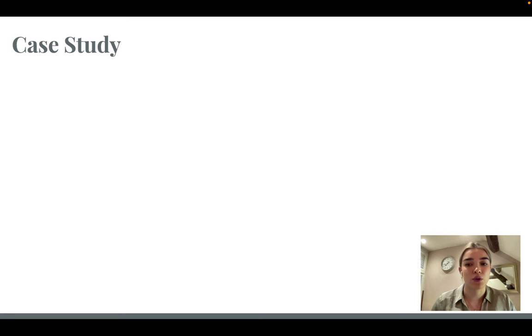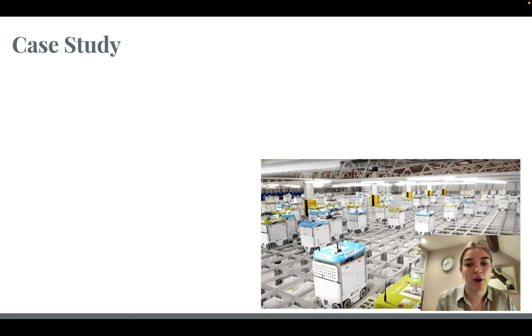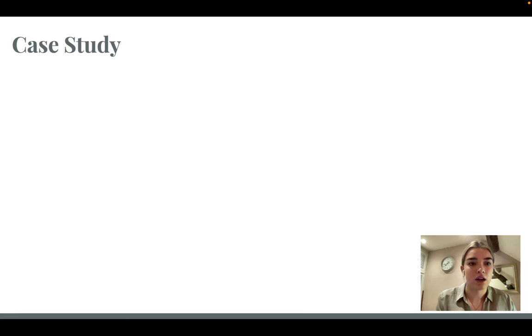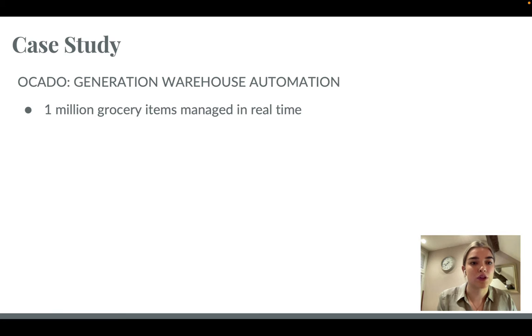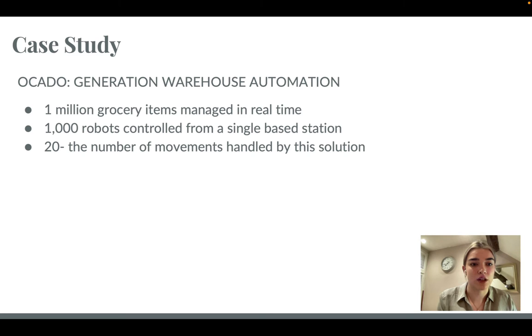The better organisations can forecast, the more efficiently the business can serve the customer and make sure they get exactly what they wanted at the time they wanted. An example of AI and machine learning within our study is seen within Ocado, the world's largest online supermarket. The organisation's backbone is built upon a smart warehouse, a building littered with groundbreaking AI and machine learning. To make it work, Ocado have a radio control system to manage all the robots moving around the warehouse at high speed. Ocado currently manages 1 million grocery items in real time, 1,000 robots controlled from a single base location.